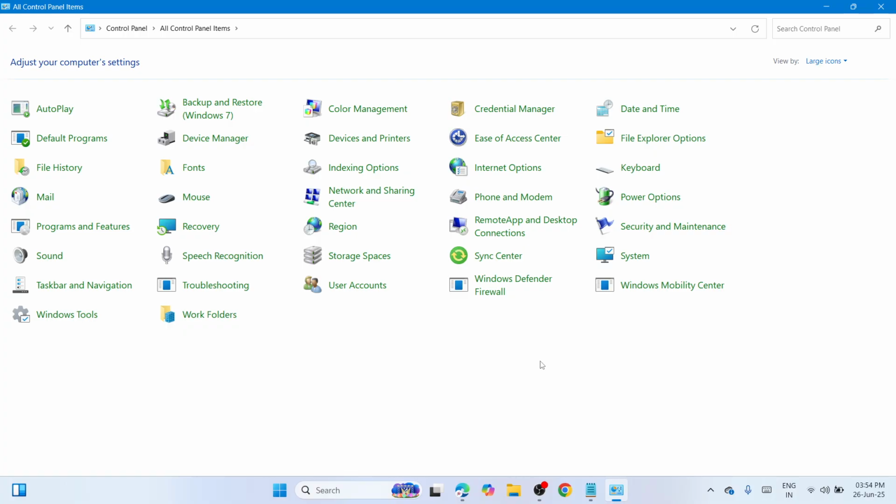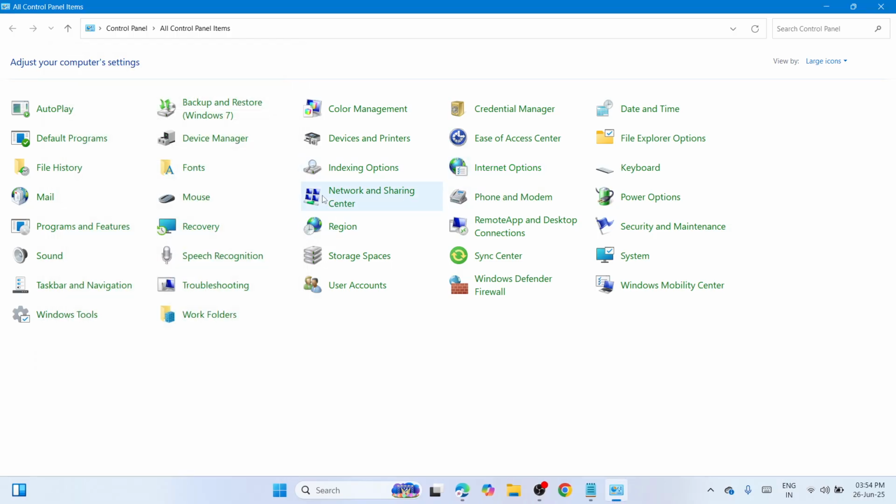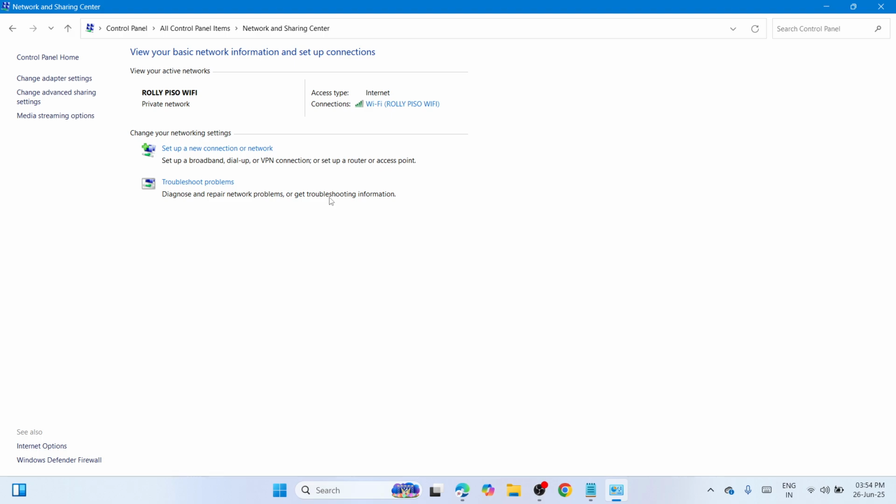So first, you need to change the view like this. Once done, proceed to the Internet Options. How we can change the view like this first: navigate to the view by going with large icons. Click on Internet Options. Sorry, the Network and Sharing Center rather. Sorry for that. So once you have opened the Network and Sharing Center, you can find the connections, click